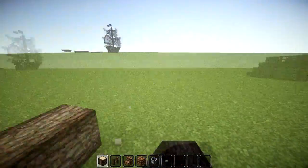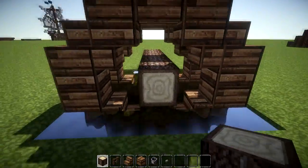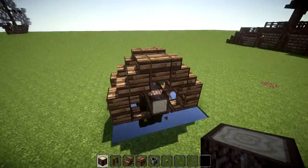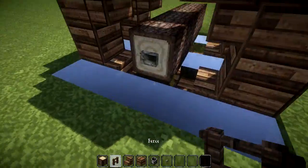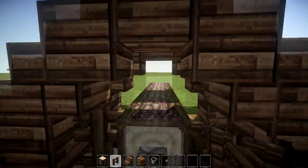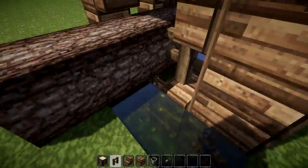you're going to be using. I used on that one, I used oak wood. I'm going to be doing a slightly different style with mine just to show off another style of how to actually do this. But grab whatever type of log and just put a button on it, just going through here, and then grab your fence. And just on each of these kind of corner pieces, just put in your fence. And the same on the other kind of part of the wheel here,